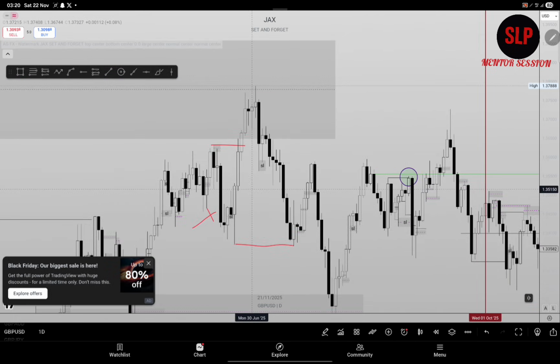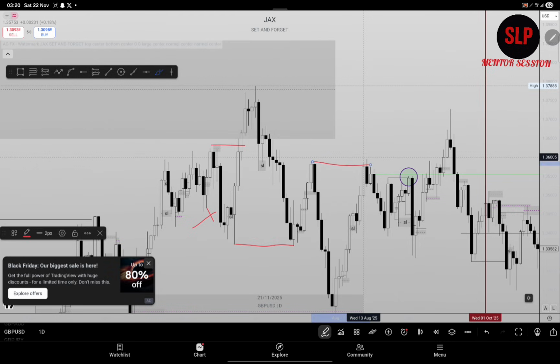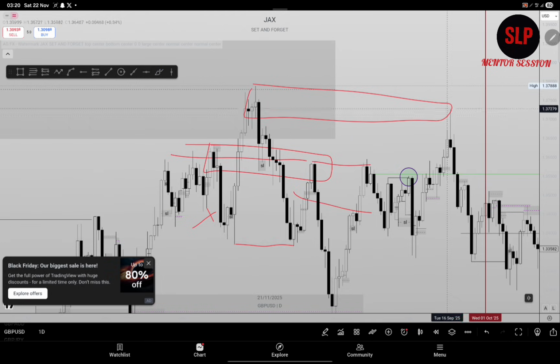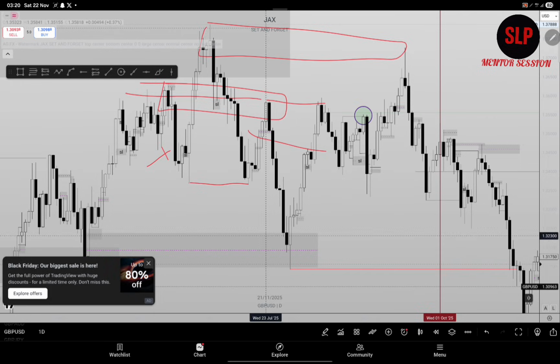If I measure it, it is up to 70%, and we have our structural liquidity, which actually filled the 50%, and you can see that it's in the same line. It tapped into this QMR order block. So where will your next entry be from? Your next entry will be from the protected high. This is exactly what I just explained with the buy scenario, and I'm expecting price to tap into it and fall down to take out